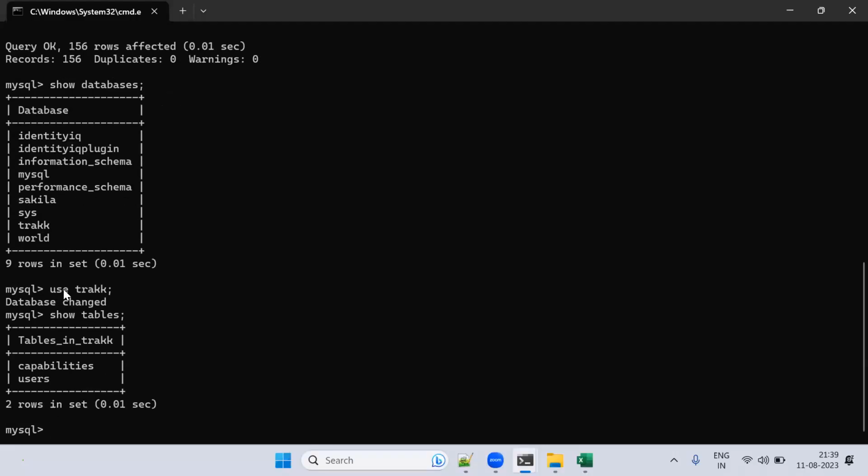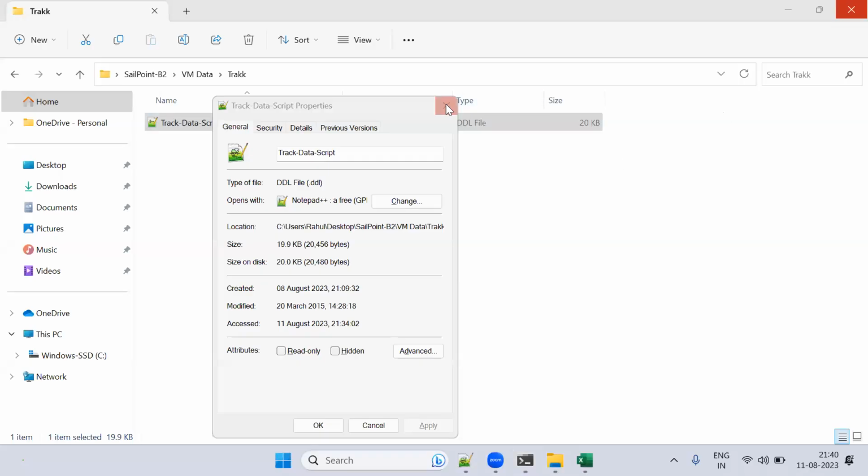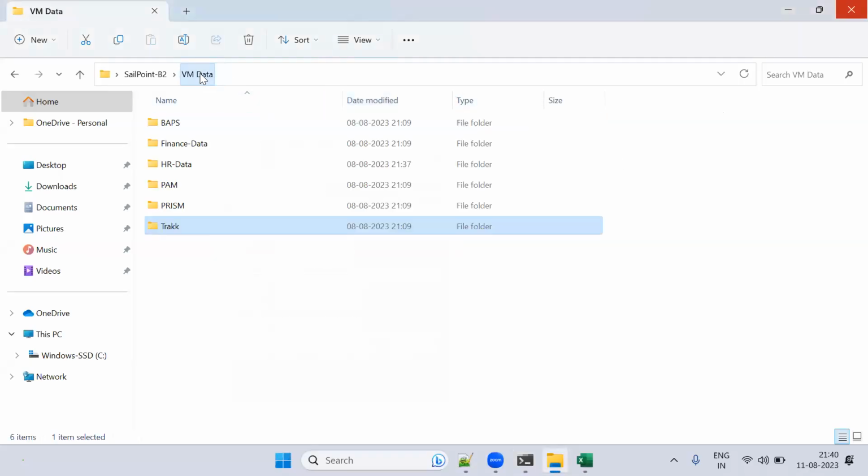So we have two tables here, that's it. This is the only thing we need to do. Okay, means create a database here called track, that's it. Okay, this is the one thing you need to do. Second thing is,